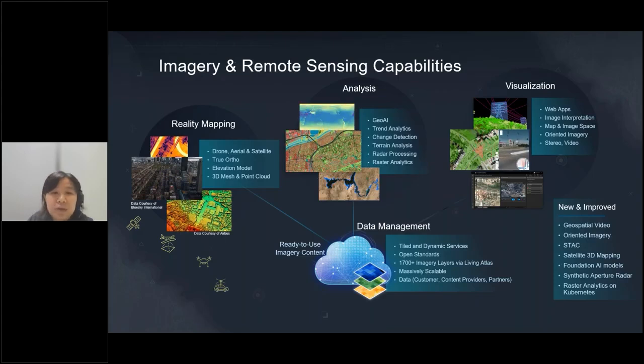In a bit more detail, ArcGIS allows us to create GIS-ready products with the reality suite. We can then manage, organize, and share imagery with our imagery serving suite. You can then visualize the imagery with your existing data on mobile, desktop, and the web platform in 3D, 2D,